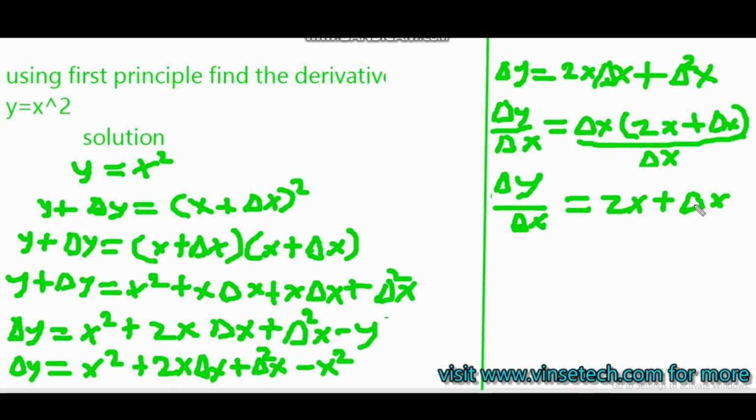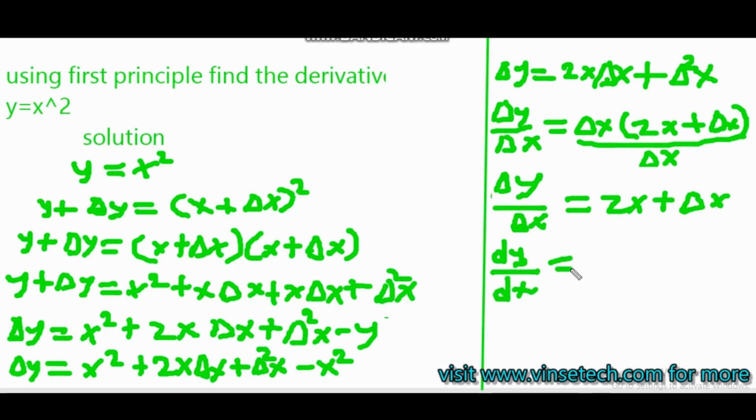Taking the limit simply means that anywhere you see delta x, we'll remove it, in the sense that delta x tends to 0. It's not actually 0, but it tends to a value close to 0. So anywhere we see it, we have to remove it on the right hand side. On the left hand side, you see that change in y over change in x, taking the limit will change this to dy dx. So taking the limit in this case, as delta x tends to 0, we now have dy over dx